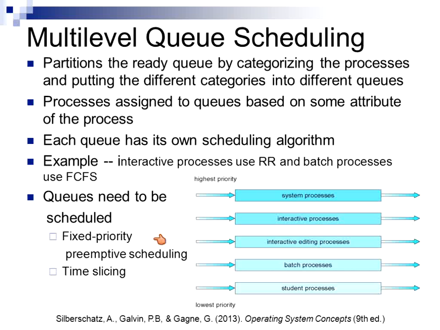So we might have a fixed priority preemptive scheduling where if something enters one of these higher level queues, it preempts something in one of the lower level queues. Okay? Or we could also do some time slicing, and give each queue a certain slice of time. Okay, so it just keeps getting more and more complicated. And then to make it more complicated still,